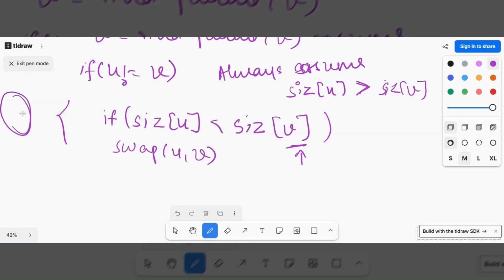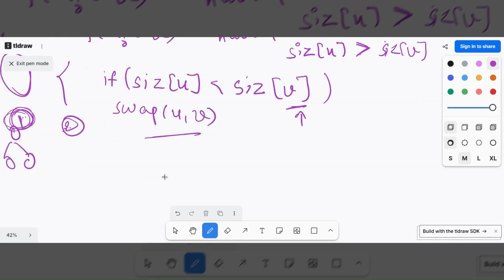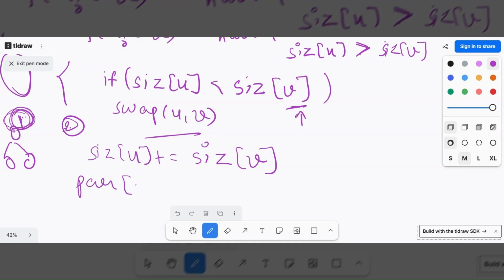Currently, let's say 2 is here. This is another node with 1 as the parent, and 2 is another child over here. Now 1 and 2 are similar, so 2's parent is 2 itself as of now, but I wanted to make 2's parent as 1's parent. So I'll always assume that size of u is more. If not, I will swap. So if size of u is lesser than size of v, we will swap. Then I'll add the size of v to the size of u. So size of u plus equal to size of v, and parent of v is equal to parent of u. So I've changed the parent of v to the parent of u.